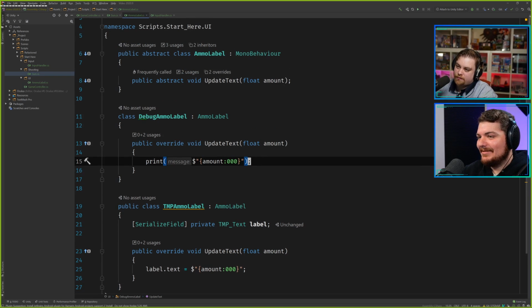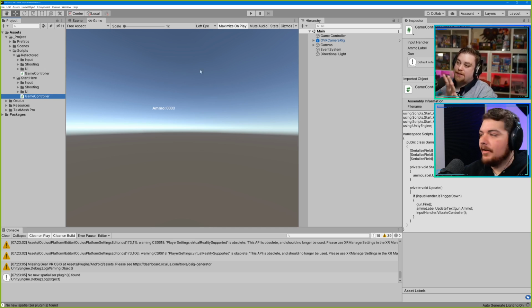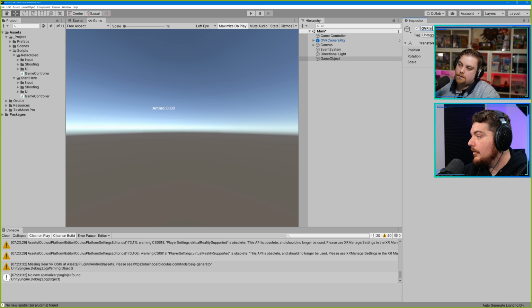Can we actually go to the inspector and drag in two variants? I know we can't run it because it's a VR application and you don't have to get the whole headset out, just to demonstrate that you can replace either instance. Right. So we'll go ahead and create one, which is going to be OVR input handler. And then I'm going to create another one called not input handler.